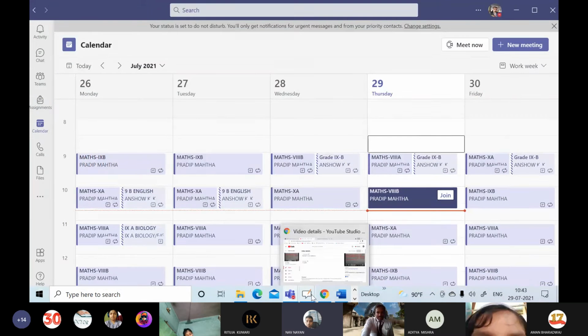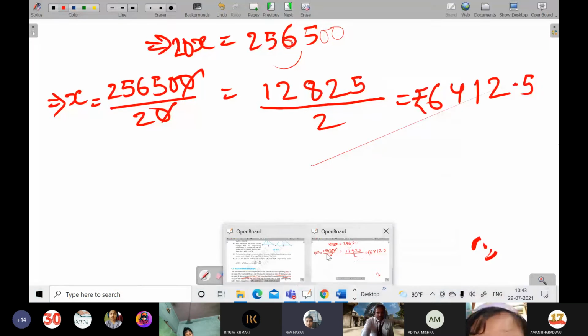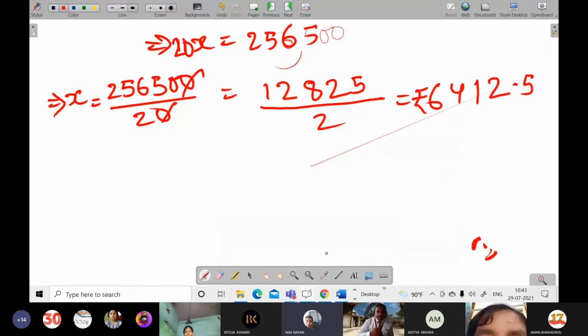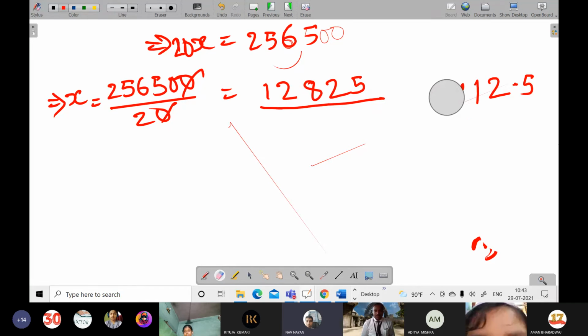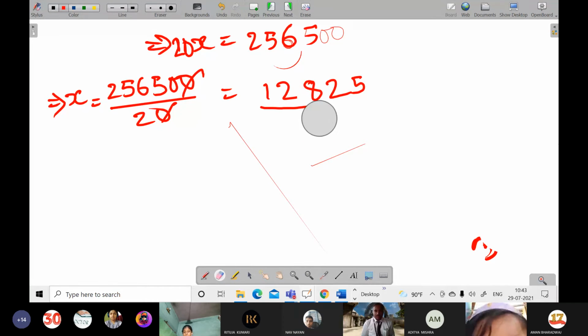Sir, in this last step, why is it divided twice, sir, again? You see, sir, 20 is divided over there by 2. 20 is there again over there, 10 and 10 cancel, so 2 is left, no? Okay, sorry, we divided only once, so no need to divide twice. Again you are dividing, sir. Okay, so now answer matched.